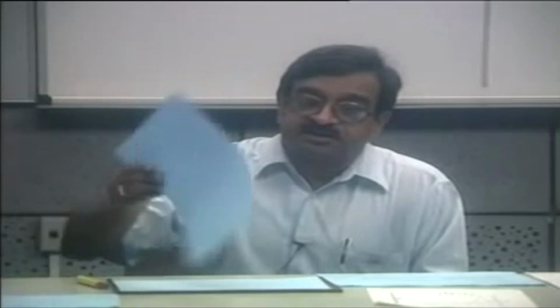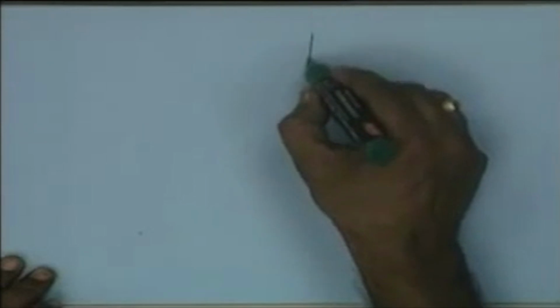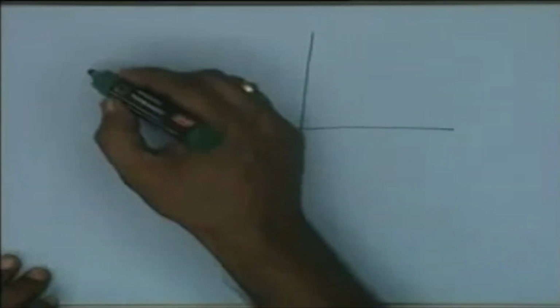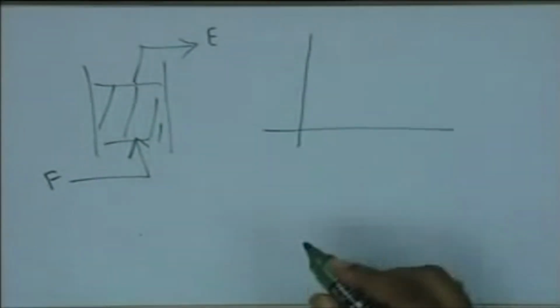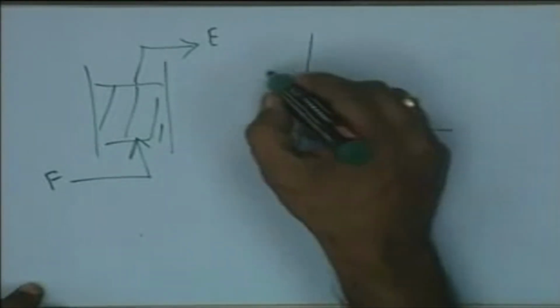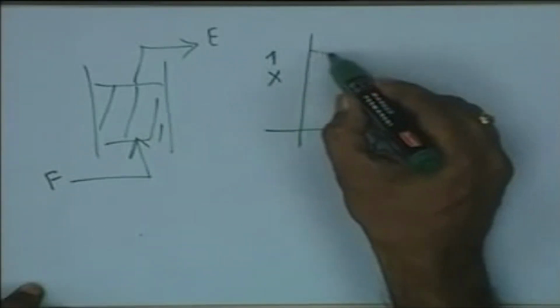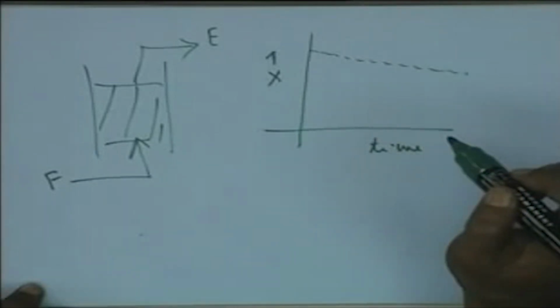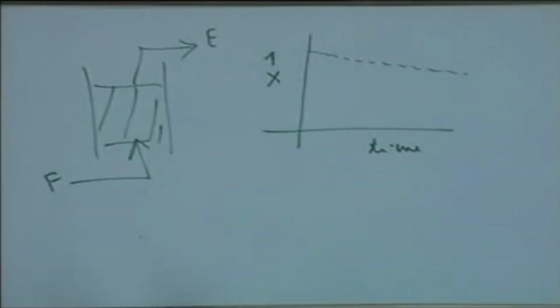Operational stability we define in terms of half life. For example, as I mentioned earlier, consider the use of immobilized enzyme in a reactor, say you pack it into a packed bed, feed in and effluent out. Now consider this operation: this is the operational time and this is the fractional conversion. You start at 0 time, and the fractional conversion will keep going down as the enzyme activity is lost, keeping the residence time constant,